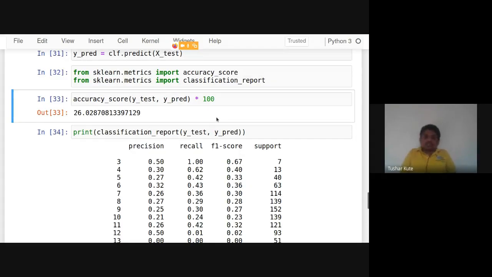So accuracy is only 26% for Gaussian Naive Bayes. If we apply another algorithm like decision tree, random forest or neural network, considerable accuracy is still not possible to achieve in such situations because the data set is completely imbalanced. Okay, so this is how a classification algorithm can be applied. We separate input and output, build a model, and after that we get the result.